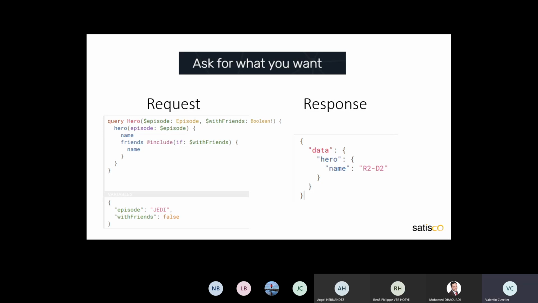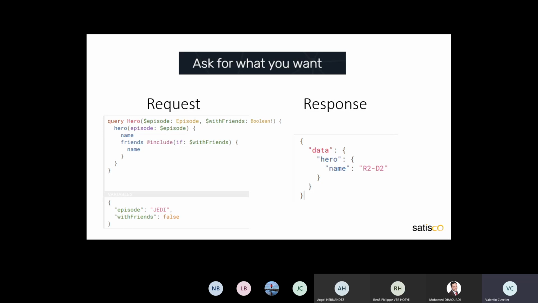So the first thing is that we can use variables, but we can also dynamically change the structure and the format of the request with this variable. For example, we could imagine that an interface component for a user has a detailed view of some things, and a resume of the view.